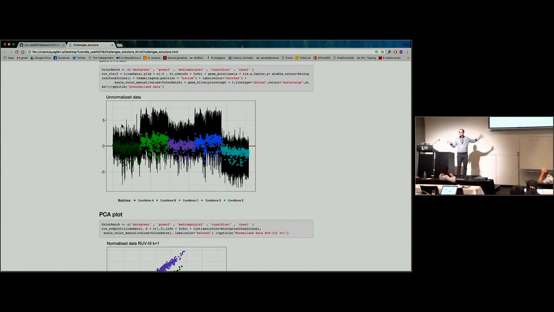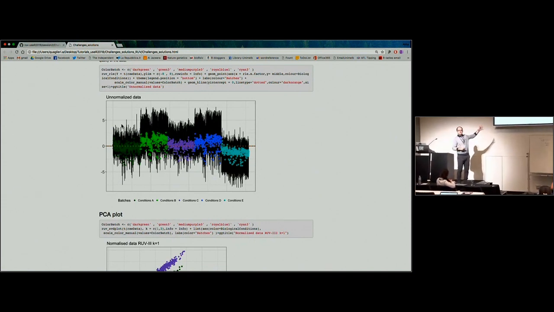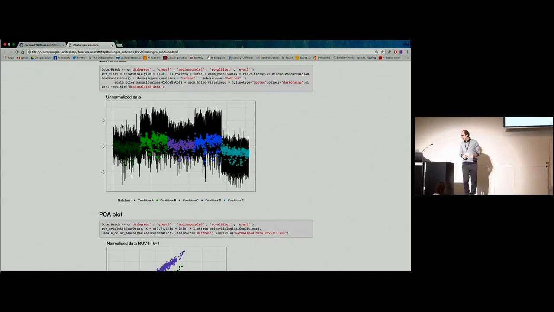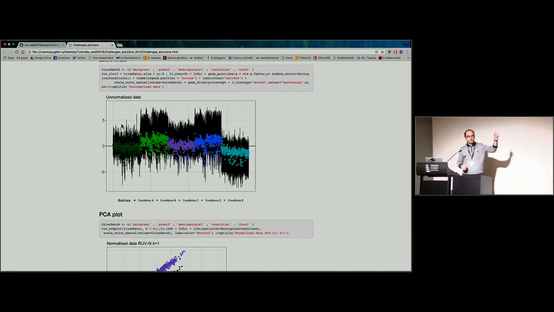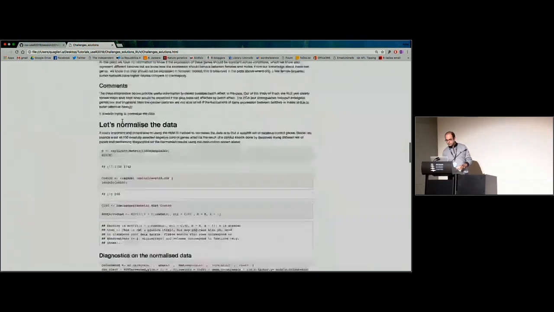Like you can see, this is an unnormalized data set because it's already very noisy. It's not centered around 0. This data set is unnormalized. Okay? And I'm going to come back to this data to get it normalized using those 100 genes. But if I go to,